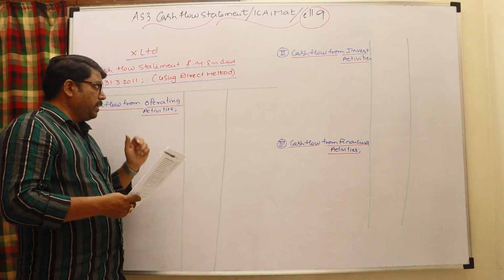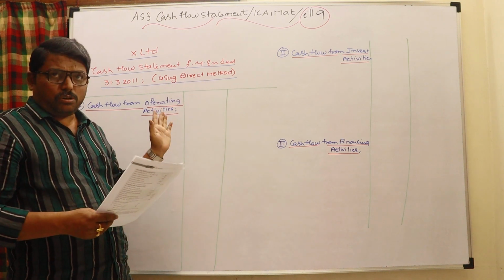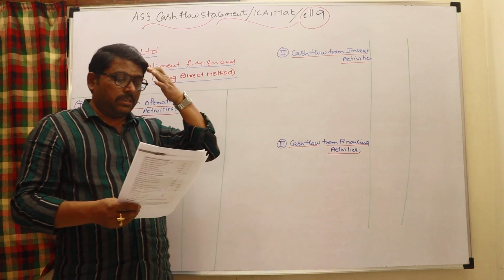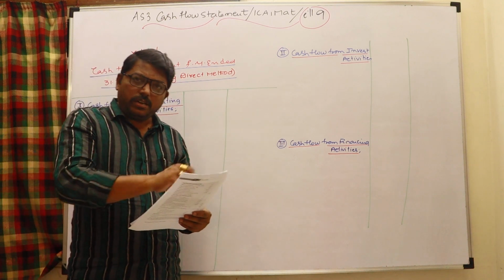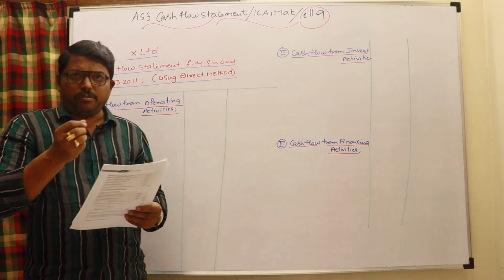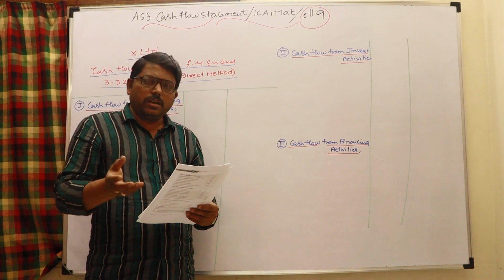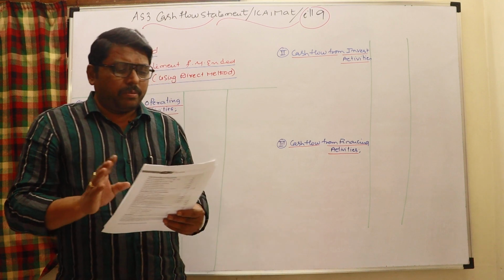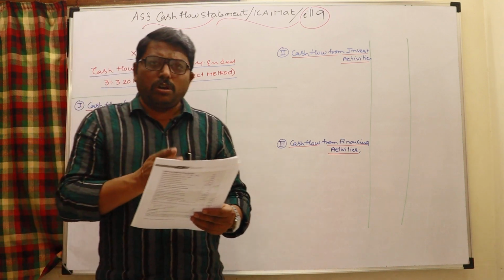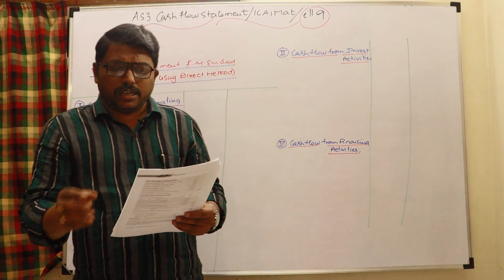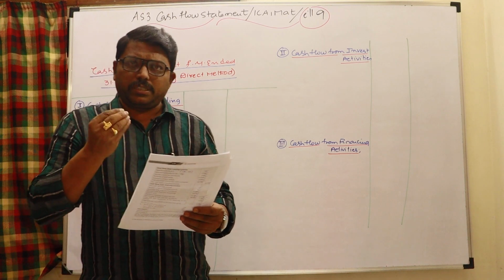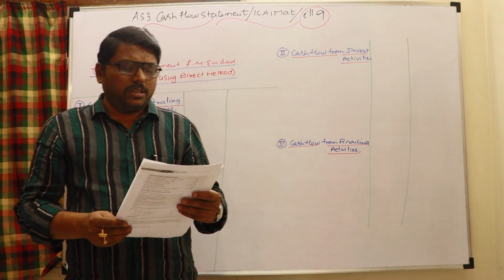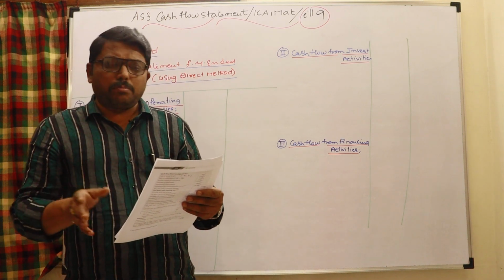Cash flow from operating activity, direct method; you also have to handle investing activity as well as financing activity. First I will read the cash account, and while reading I will say which activity each item is, and after that we can record it at the concerned place. Opening cash balance. Issue of equity shares is a financing activity. Receipt from customers, operating activity. Sale of fixed assets, investing activity. Come to the payment side.